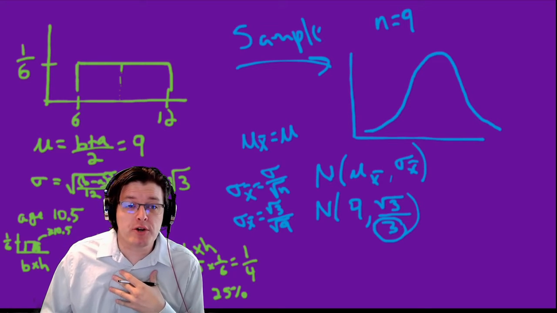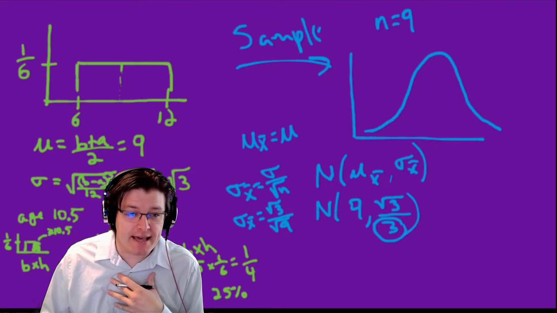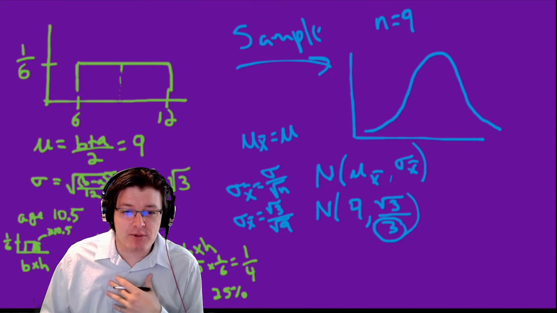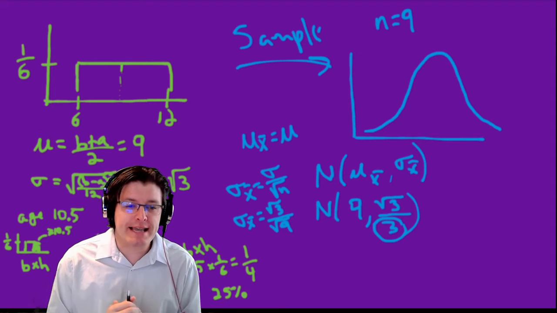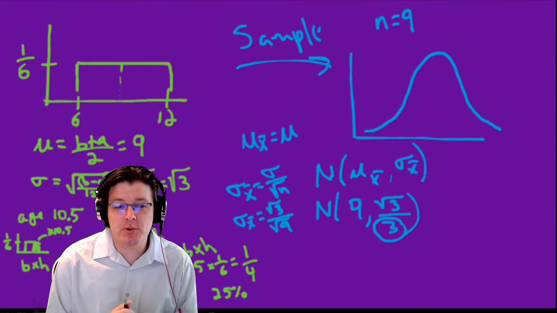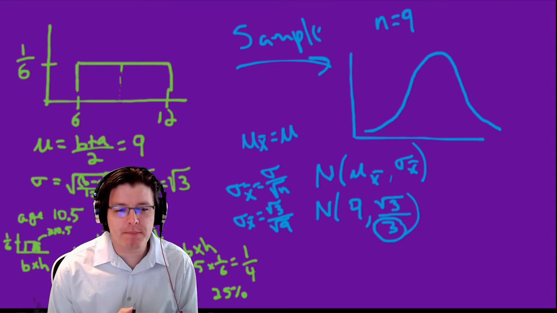Yeah, so good question. I have just chosen that. I've picked that kind of out of the blue. Okay, so we have to say, all right, we're gonna sample these kids. How many kids do we want to sample? I've just chosen 9. I chose it so that the math would be easy, but in reality,